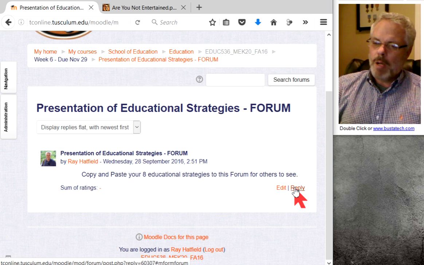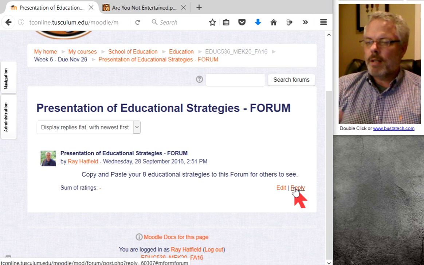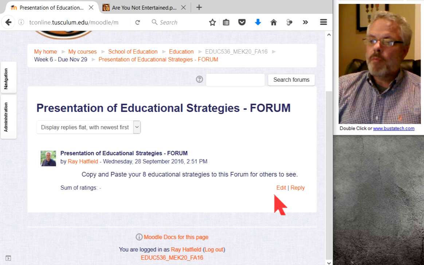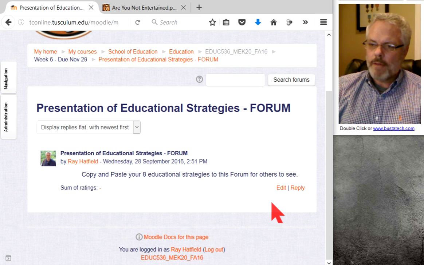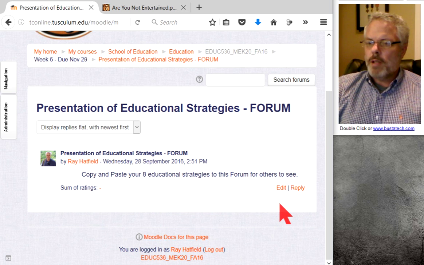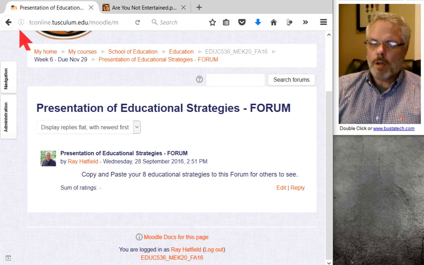So you copy and paste your entire document, not the document, but the text within that document, onto this particular forum, and we'll see if everybody can see that. And I'm pretty sure that it will work, because I've copied and pasted many things onto forums. But this will be the first time we attempt this, and it's for your benefit, so that you may look at this information, and hopefully it'll help you in your comprehensive exam and some of your teacher evaluations also.